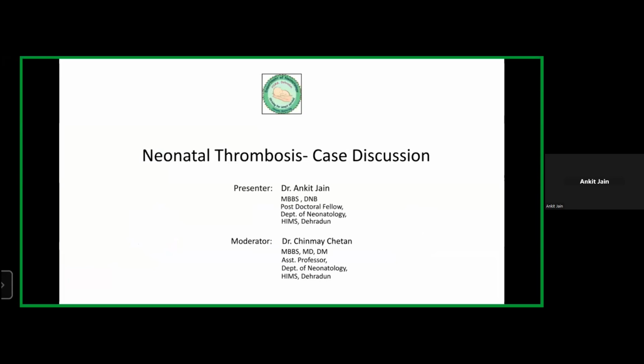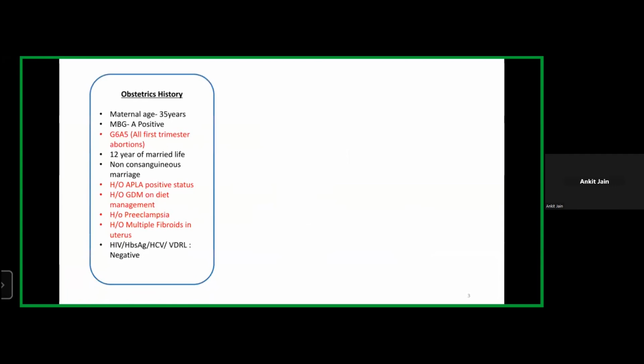We'll be discussing neonatal thrombosis, and I'll be presenting the first case for today. I'll be the presenter, Dr. Ankit Jain, and Jain sir will be moderating my session. So, coming to my case,